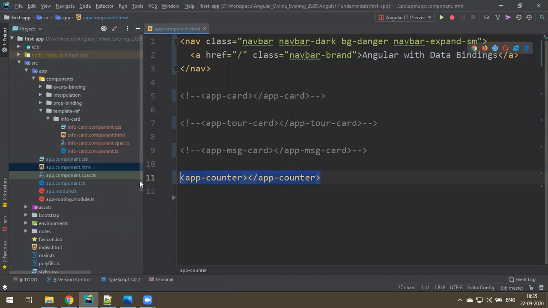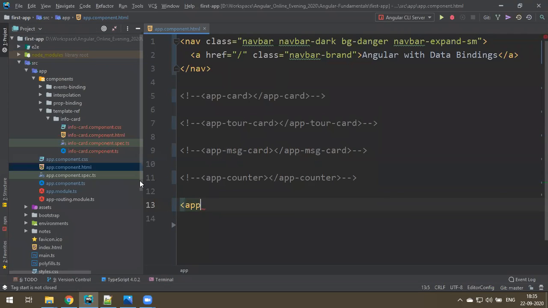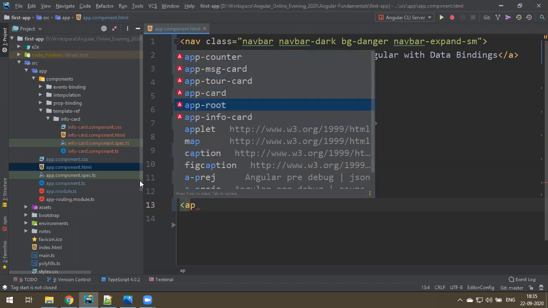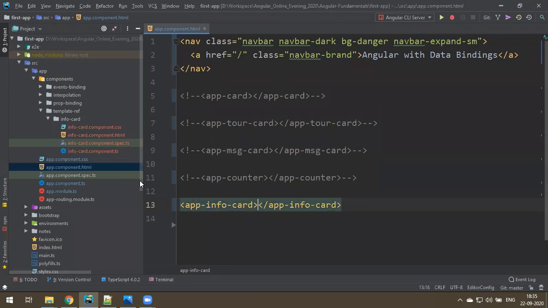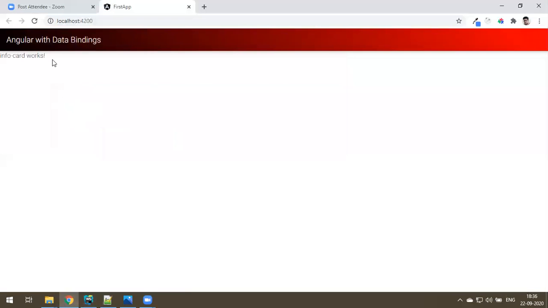Let me comment out this. Let me add this app-info-card. Yes. Okay, so you get the default message, info-card works.